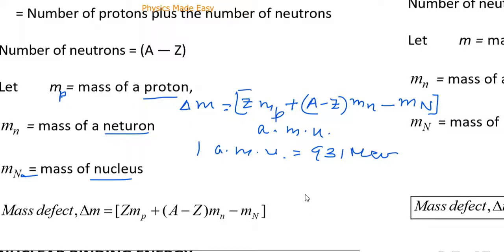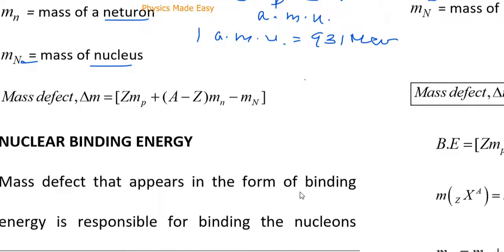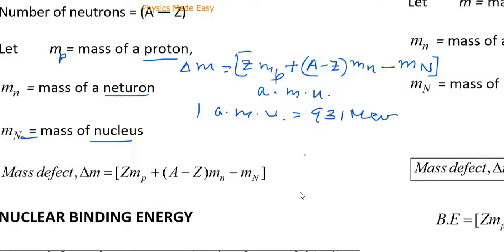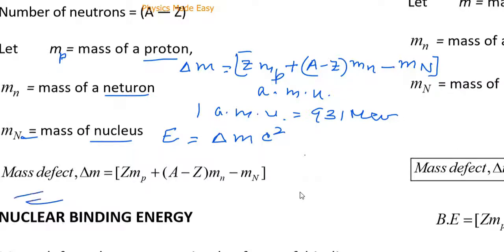So this is mass defect. And now, if we have to calculate the energy corresponding to it, that will be E, and that will be delta M into C square. Now, if I substitute the value of delta M, then E will come out to be